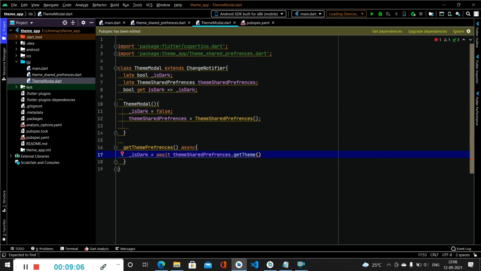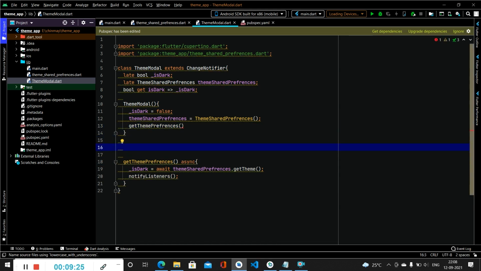We will be calling the getTheme method to get the current selected theme. Now after that we will simply call notifyListeners to notify the change. Now we will call this method, getThemePreferences, inside our constructor.